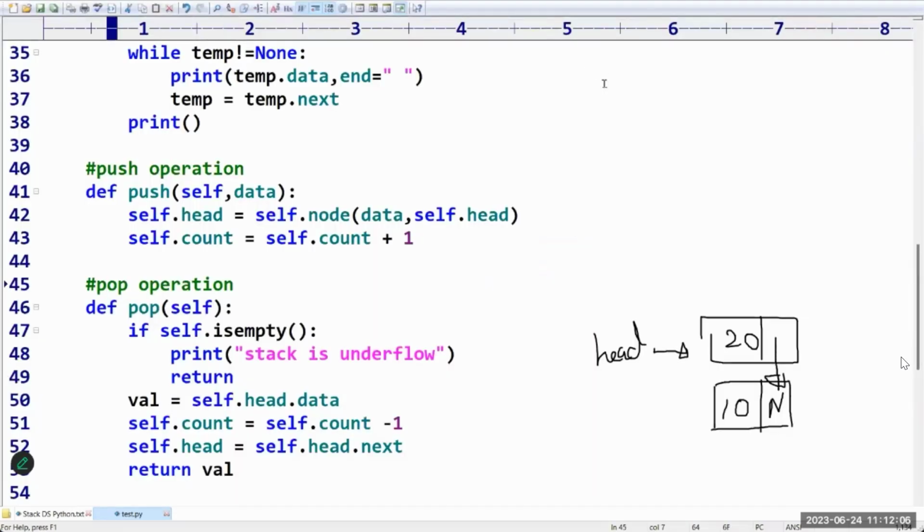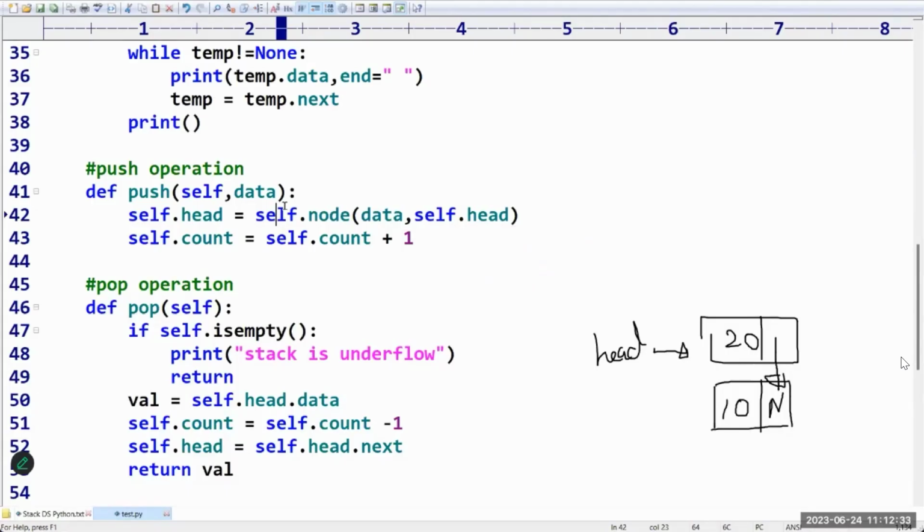Sir, is modification of an element allowed in a stack or not? Modification of data in between? Whatever operation you have to do on the stack, it should be performed only at the top. Okay, so we can only modify the topmost element only. Yes. See, this stack,